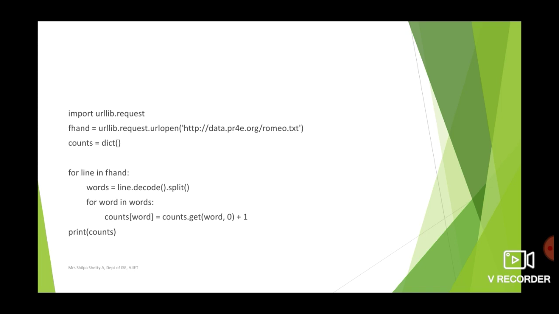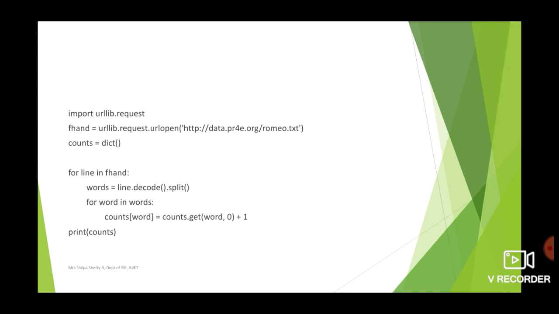So we are retrieving the current count. What is the value right now? So counts.get(word, 0) is the current value that is returned, plus 1. For example, if a particular word, say soft, is appearing 5 times right now, once you encounter that word again, you need to increment the count by 1. So counts.get(word, 0) + 1 increments the count by 1 for that particular word. This process we will repeat.